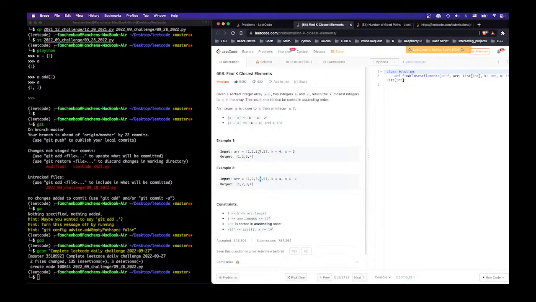We can just binary search it, and then we have to find the k. How long is the k? Didn't really say how long, but we can just do left and right, left and right, left and right, something like that. So if it's in the middle,